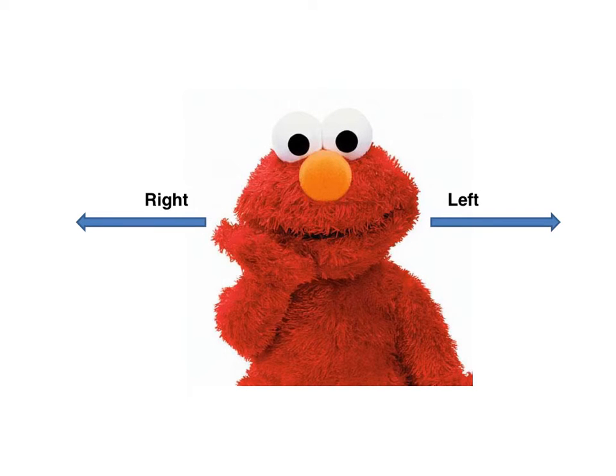Our third axis, the horizontal axis, is right and left. We're all familiar with right and left. Just make sure that you remember that this axis is always given from the patient's point of view. So I have this labeled according to Elmo's right and Elmo's left.